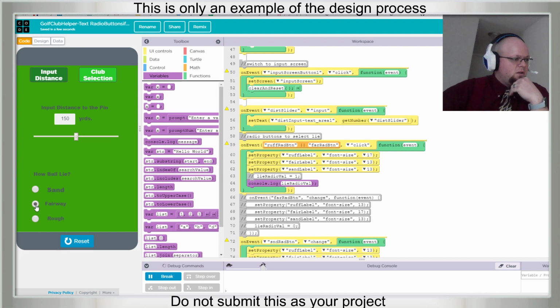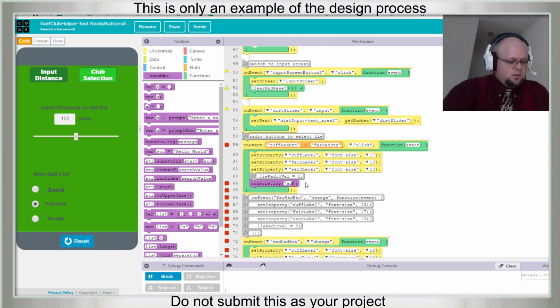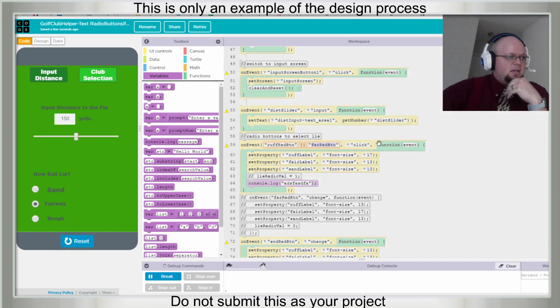And it's not going to work because the point is to do it based on, yeah, it won't let me. We can't do multiple user interface elements as the event thing. So we can't do that.